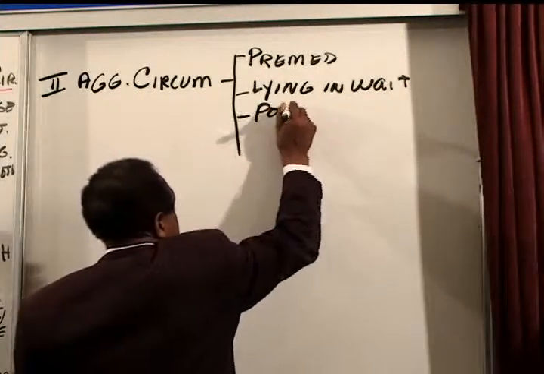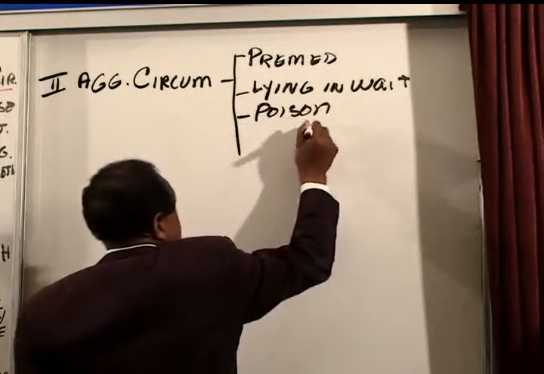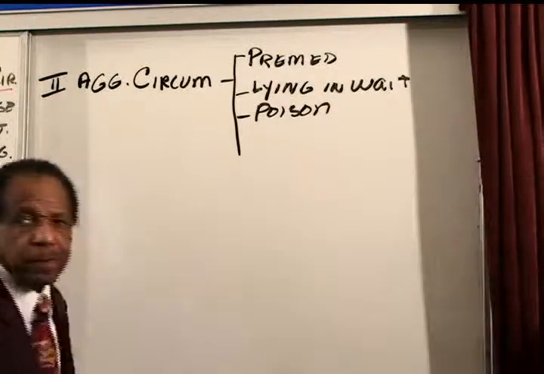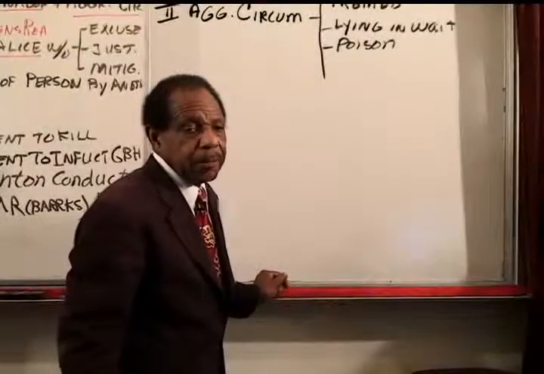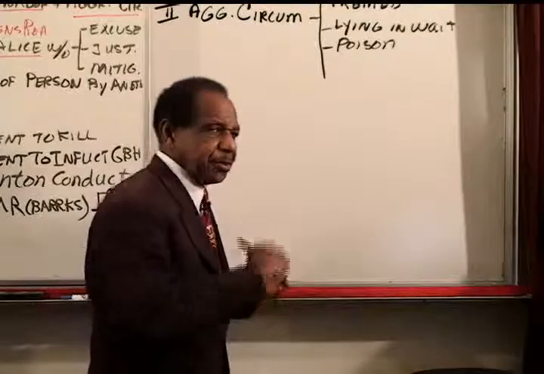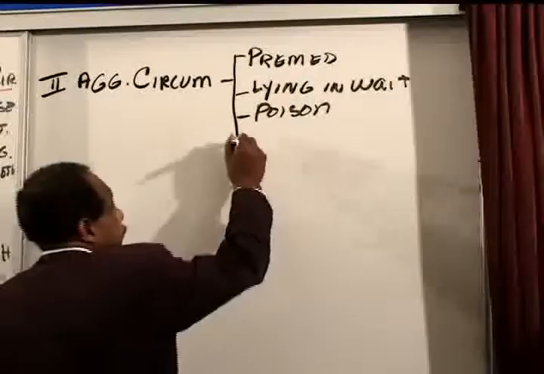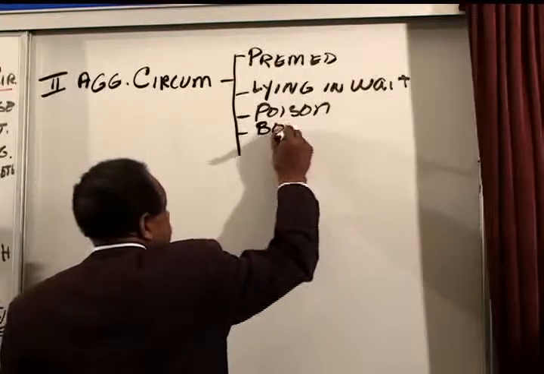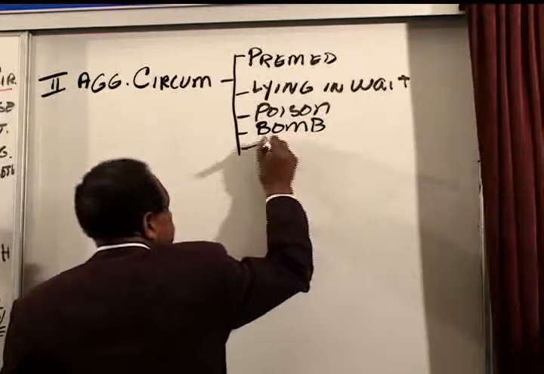Poison. Now, I realize poison is just another form of premeditation, but it has happened so much that it's kind of got its own place here. Poison, bomb, torture,